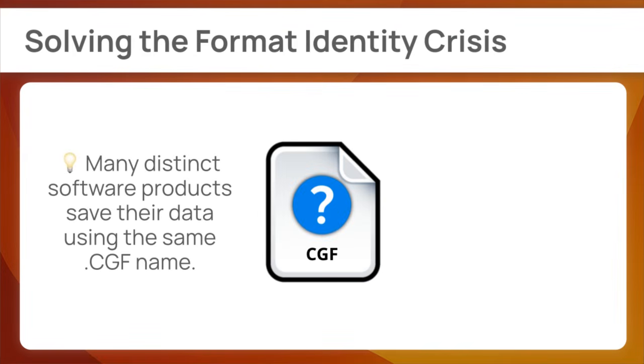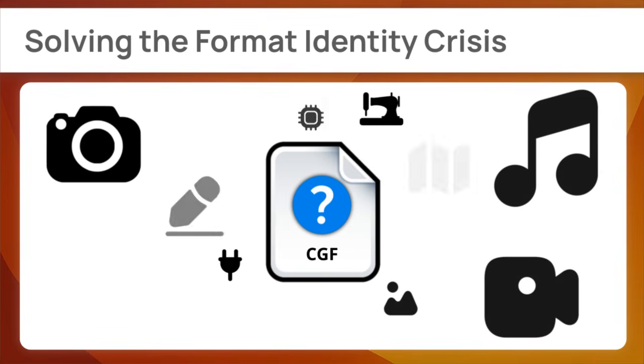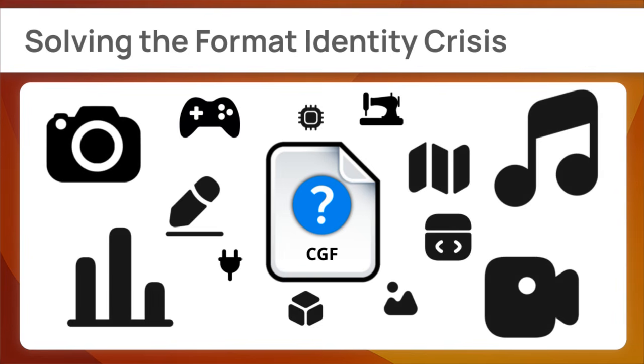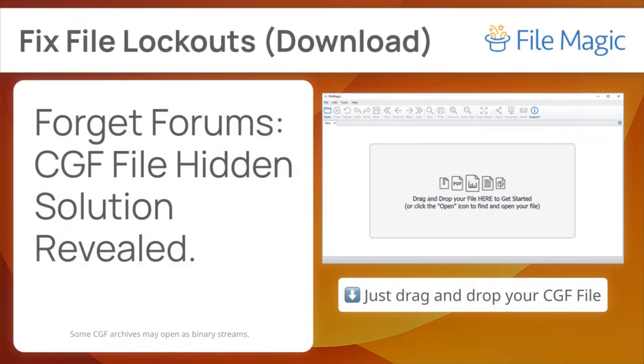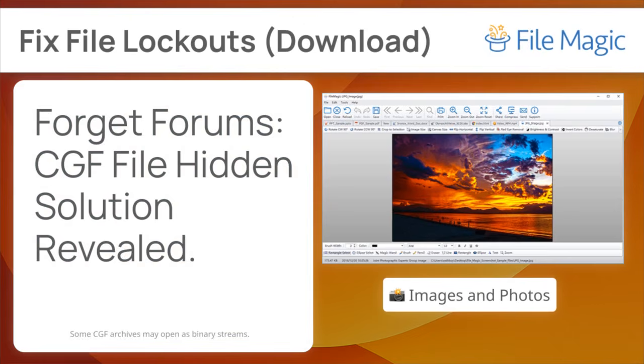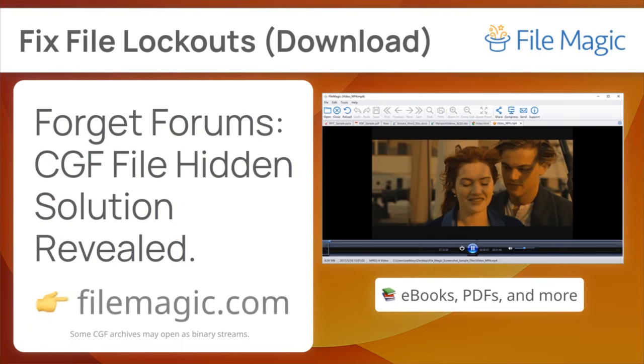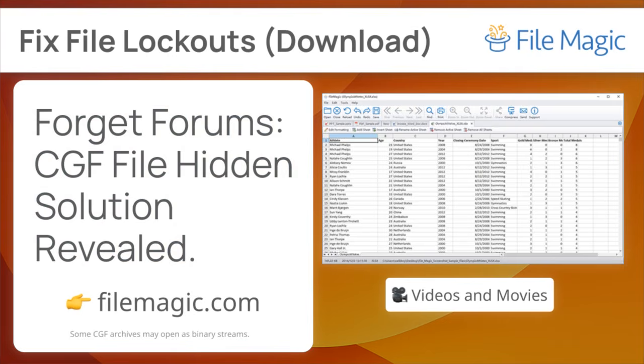If compatibility checks failed, it is likely because the file extension name is shared by different developers for unrelated formats, causing your PC to use the wrong reading language. An effective path forward often involves using a format-agnostic utility that is designed to prioritize actual data content over the potentially misleading extension name. At this stage, your most reliable recourse is a comprehensive solution like FileMagick. It's built to bypass the limitations of basic tools available at